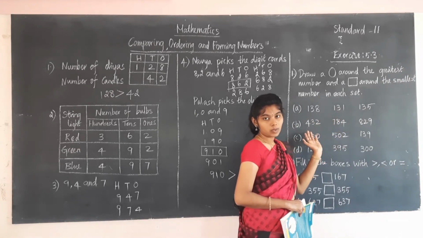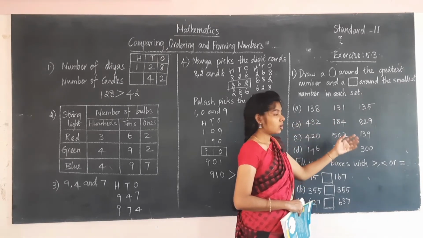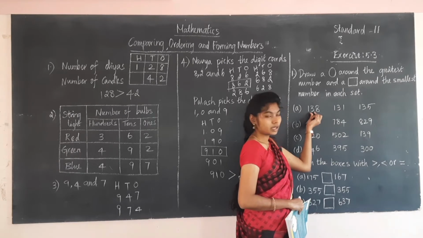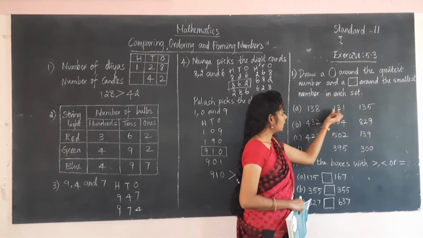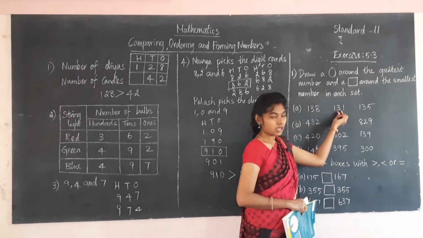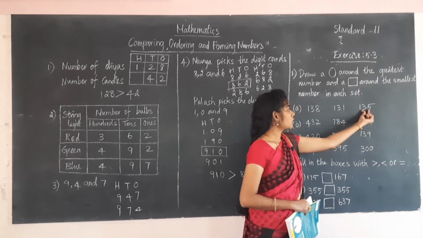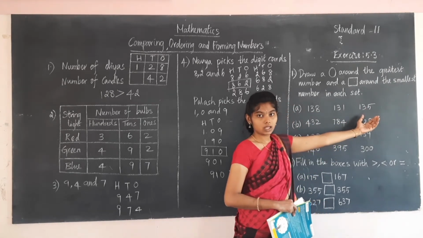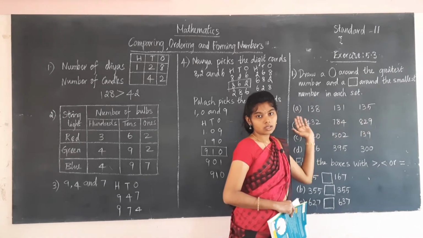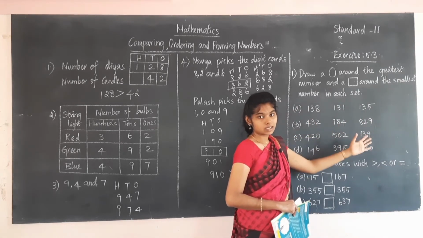So next to hundreds place is tens place. So check that. You know this is the tens place. Here there is 3. Here this is the tens place. Here there is 3. Here this one is the tens place. Here there is 3. So everything is same, 3, 3, 3 is given. So these are same. So we have to skip to the next place.